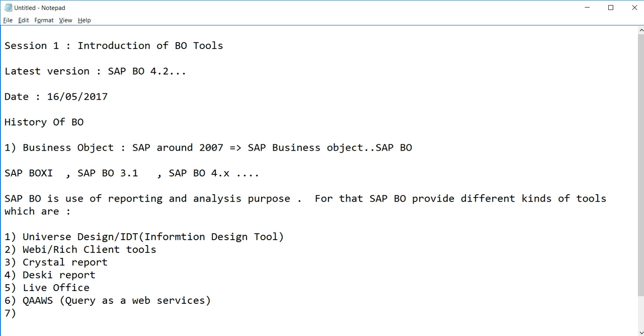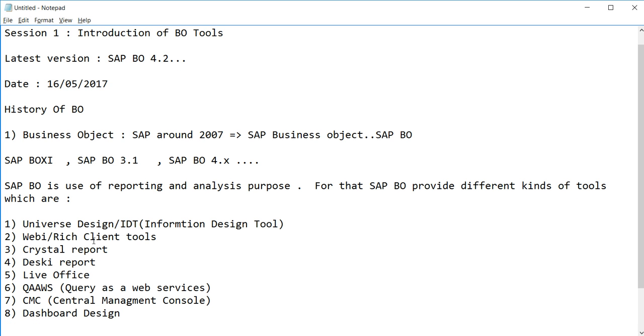The seventh one is CMC, the Central Management Console, which is used for the BO admin part. The eighth one is Dashboard Design.